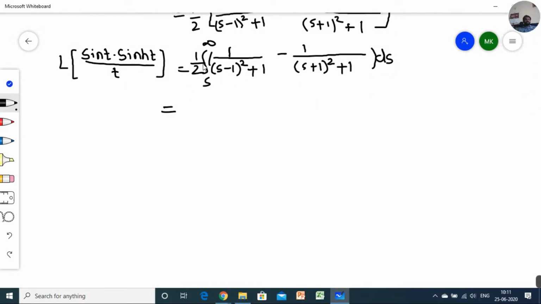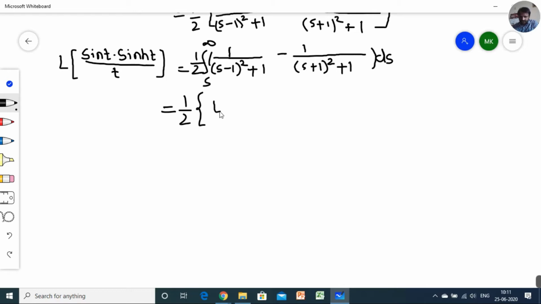See, this is again a similar kind of function. If you remember the concept I taught yesterday, the integral of 1 upon x square plus a square will become 1 by a tan inverse of x by a. Here x is treated as s minus 1 the whole square and s plus 1 the whole square. So if I apply the integration here, 1 by 2 as it is, and the integration of the first part will become 1 by a. So a is my 1, or you can write 1 square, but even if you don't write the square of 1, it makes no difference. So 1 by a means 1 by 1, which is 1 as it is.